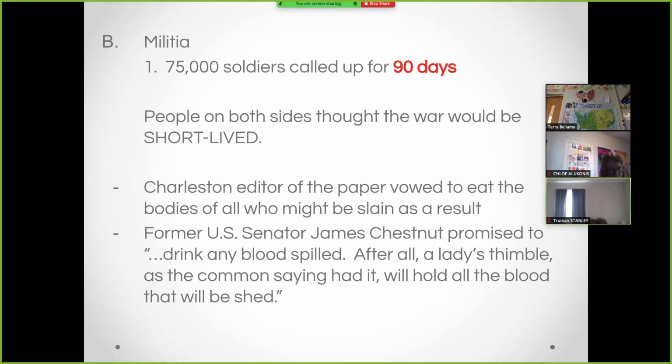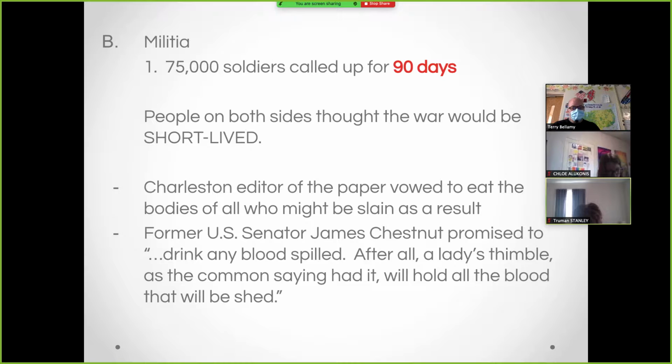With the newspaper guy saying he would eat all the bodies of those that die as a result of this war, that doesn't mean the guy was a hungry cannibal. It just means he thought there weren't going to be any. That we can talk our way through this. If you're a Charleston newspaper editor, I'm sure you're a Confederate, which also means that you probably believe the Union is just going to allow those Confederate states to break away and be their own country.